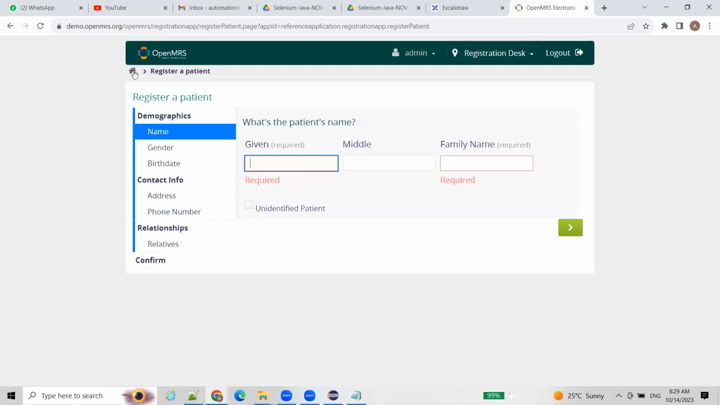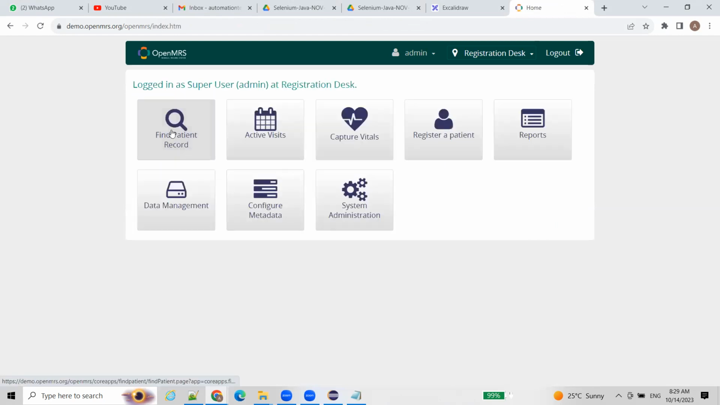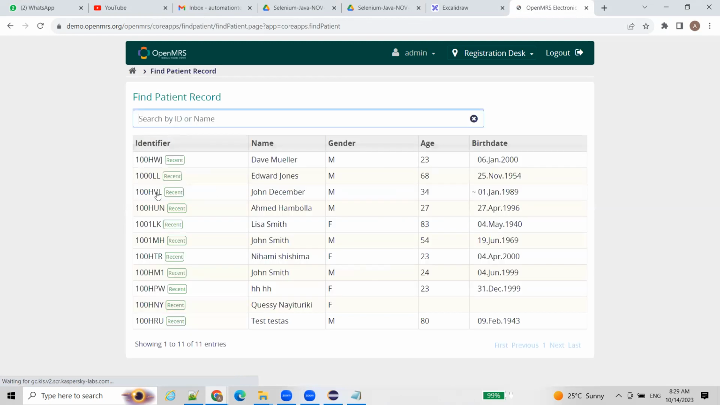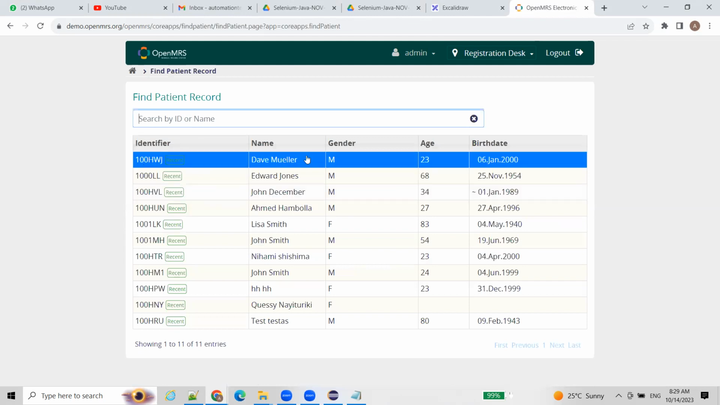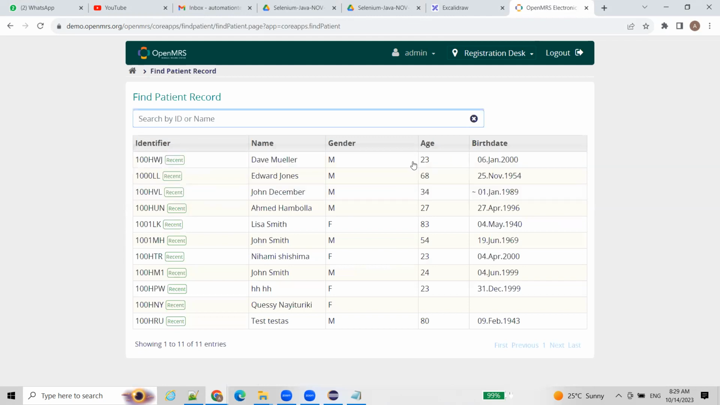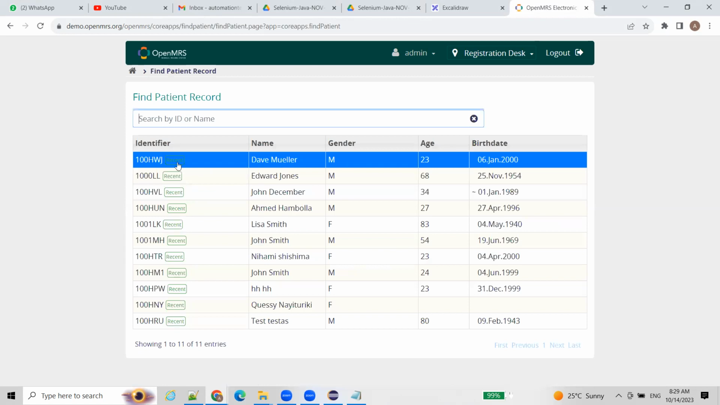So again, click on home. If you want to find a patient after adding the details, then you can go to the find patient module. Here you can find that patient, and whatever the details you provided over there, those will be displayed here. Those you need to verify. And once you open this record, again, for this patient, if they want to book the appointment with some doctor,